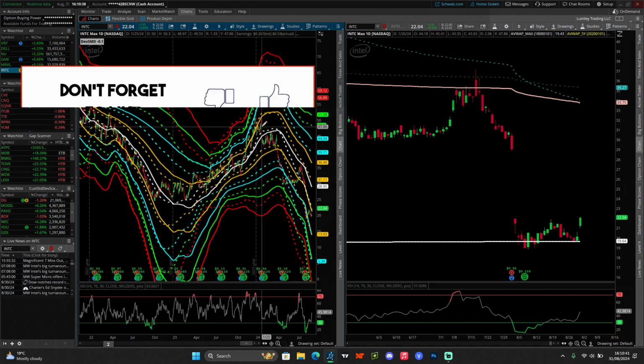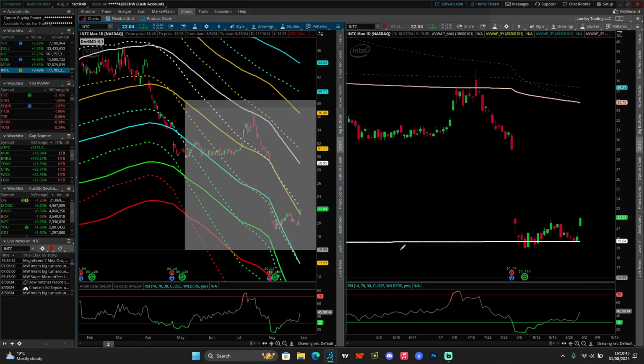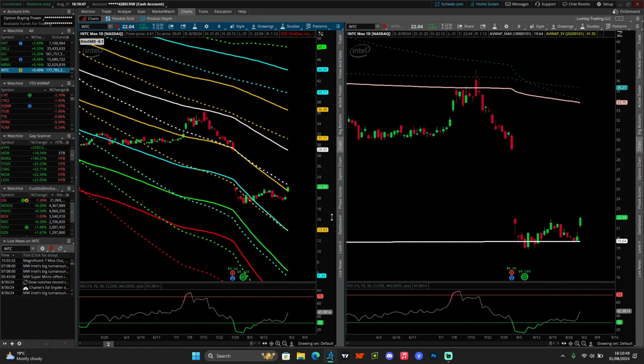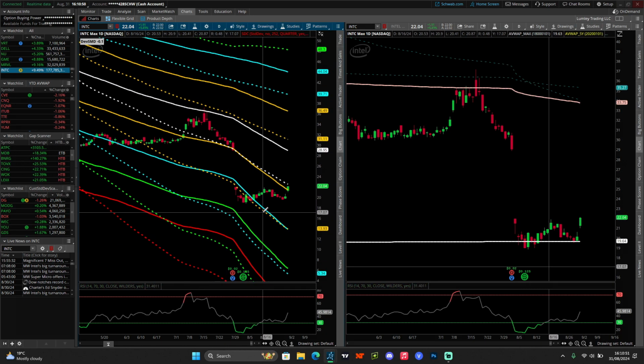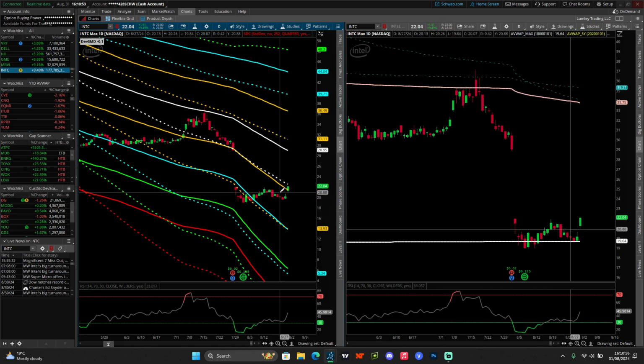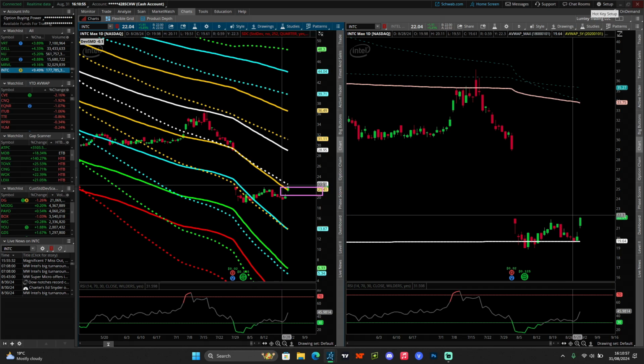But now we can cut over to the deviations to help us pinpoint the entries. This is our longer term outlook. If we compare it with our short term outlook, we can normally get some really nice entries. What we can see on Intel is we're currently between fair value and its first deviation. This is at around 21.40. If we can break and hold this, we do have a good chance to then push up to $29, which would be fair value, and also fill this gap from their earnings.